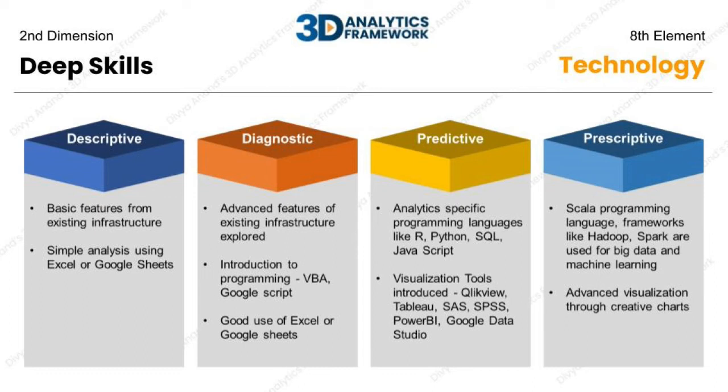As we come to the end of the second dimension, one can understand that the elements in the first and second dimension are interrelated. Let us say there is an organization which is able to set its objectives very clearly. They have a good understanding of analytics and how it can be used meaningfully. They have all the data in place and are ready to invest the right amount of money.